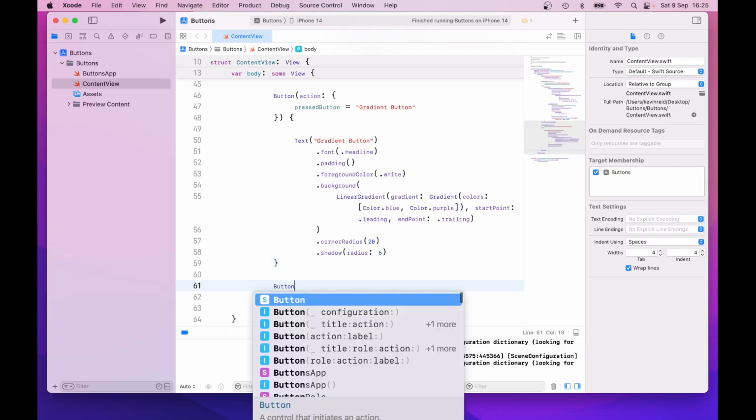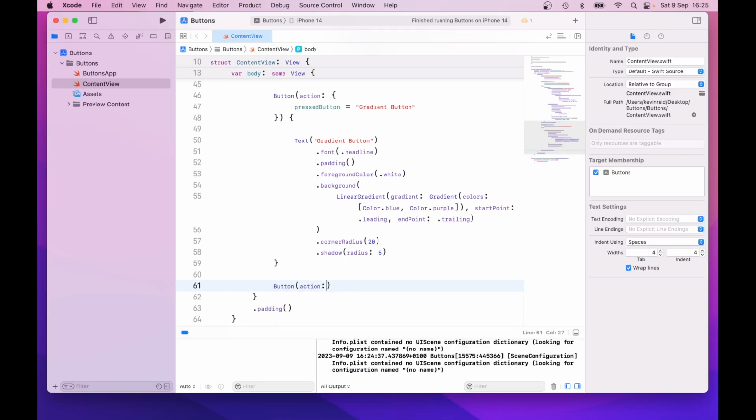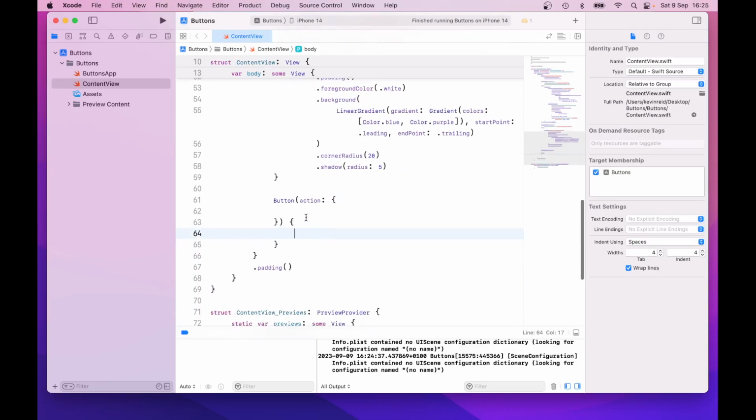So just type in button, action colon, and then put another bracket there for the text or for the caption, and then within the clickable event just type in press button equals outline button, and then for the text just type in outlined button,